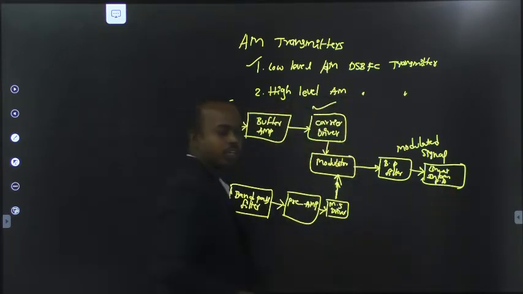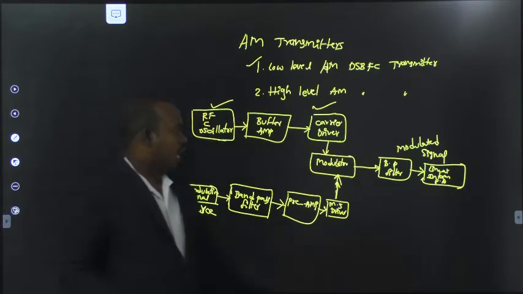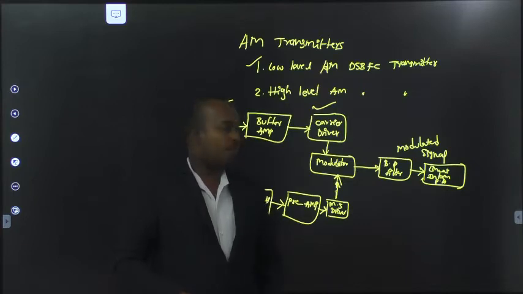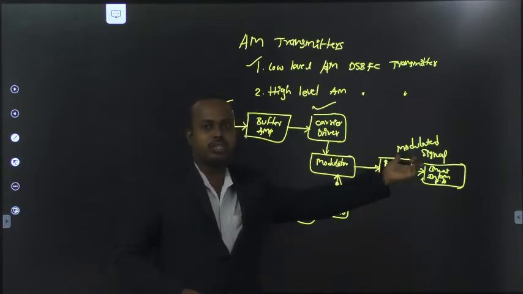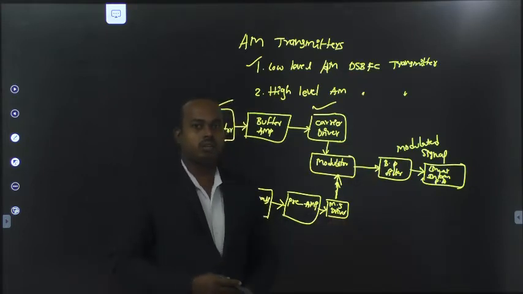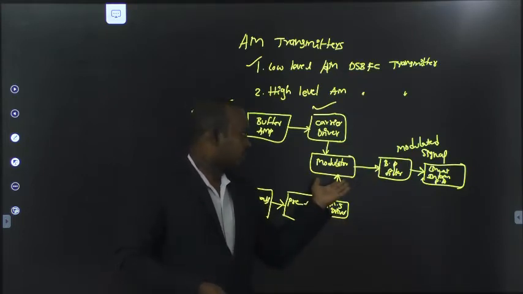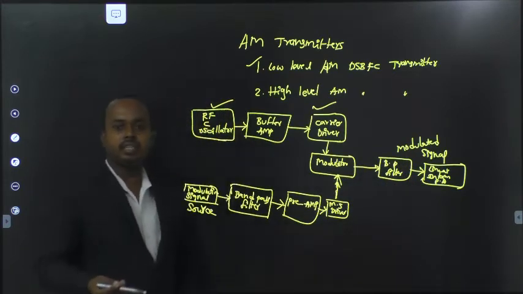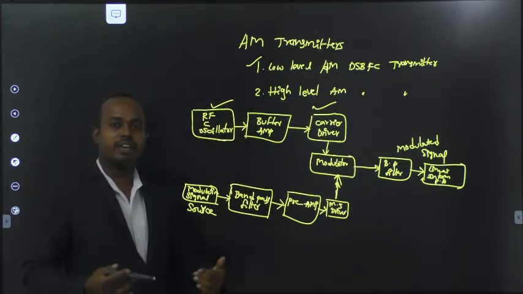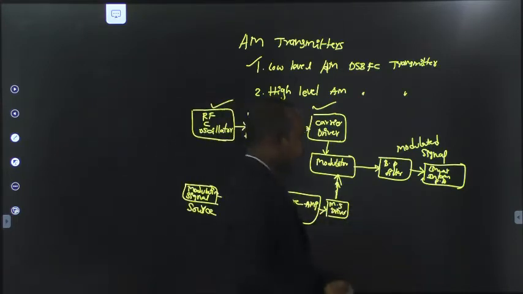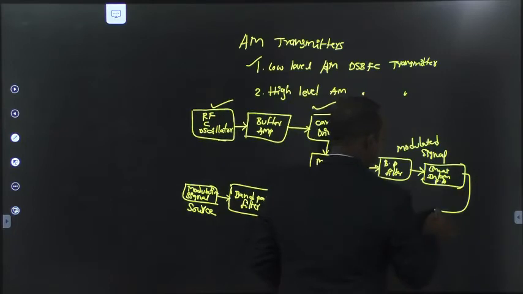After the band pass filter we are getting a modulated signal in our band. Once you obtain this modulated signal, you assign it to the linear intermediate power amplifier. Here you increase the power of the signal. Once you increase the power of the signal, then you assign it to